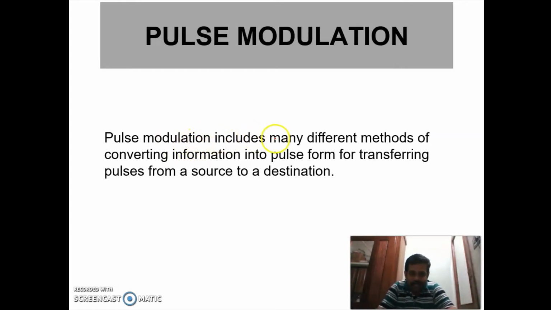Pulse modulation includes many different methods of converting information into pulse form, and you are transferring the pulses from source to destination.